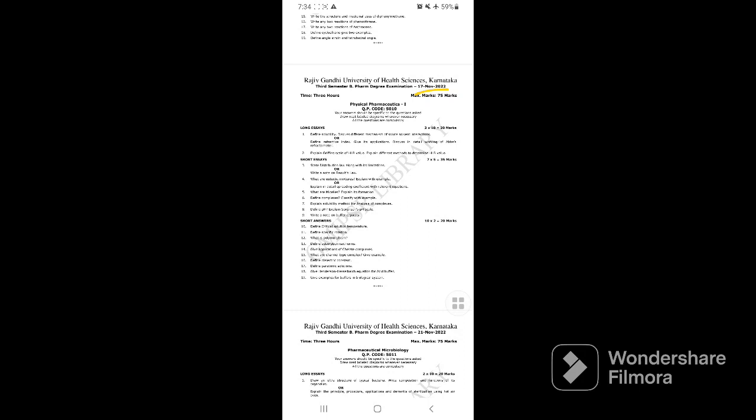First question is define solubility. Discuss different mechanisms of solute-solvent interaction. See, in this question, first you write the definition of solubility. Okay, solubility, that is very important. After writing that, write the different mechanisms of solvent-solute interaction. Different types of mechanism are there. Now for this mechanism